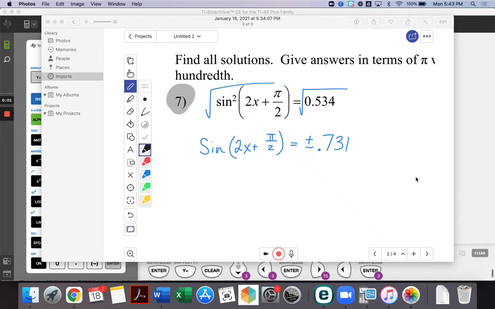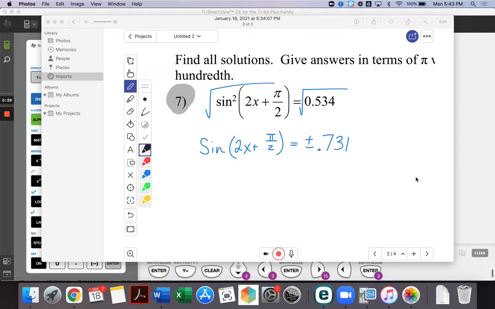All right, let's take a look at number 7 from the calculator section. Here they want us to find all solutions, not just over any given interval, like we usually see 0 to 2 pi. In this particular problem, they want us to find all of our solutions. And because we're trying to find all of our solutions, it's going to be a little bit easier to determine our period if we get rid of that sine squared and instead work with sine of 2x plus pi over